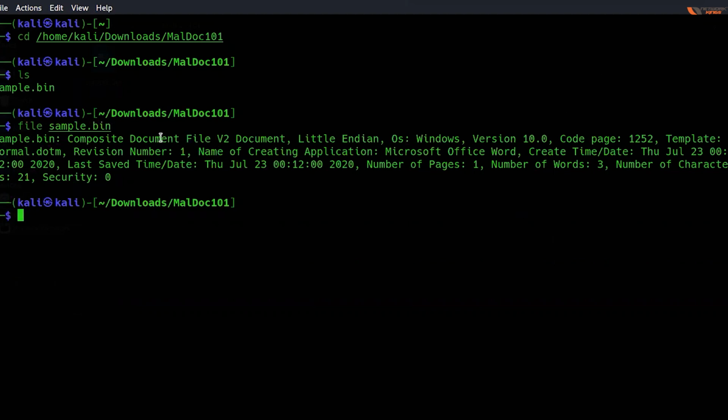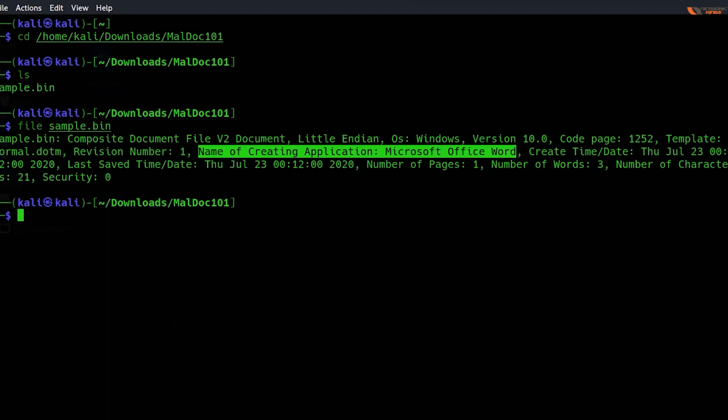इसको पढ़ो थोड़ा सा ध्यान से. Try to understand this, what it is. Composite document file v2 document. How was it created? Name of creating application Microsoft Office Word.